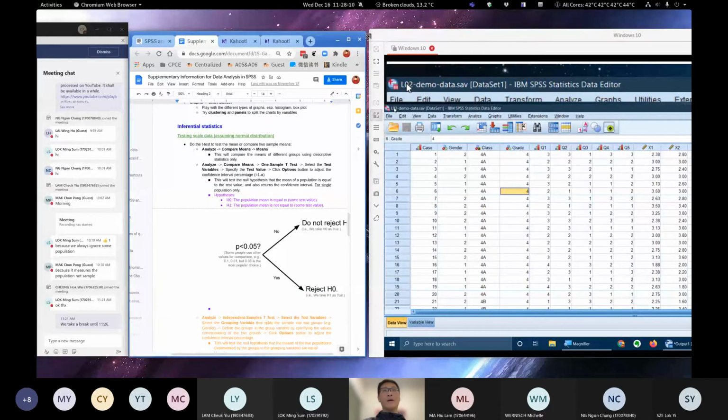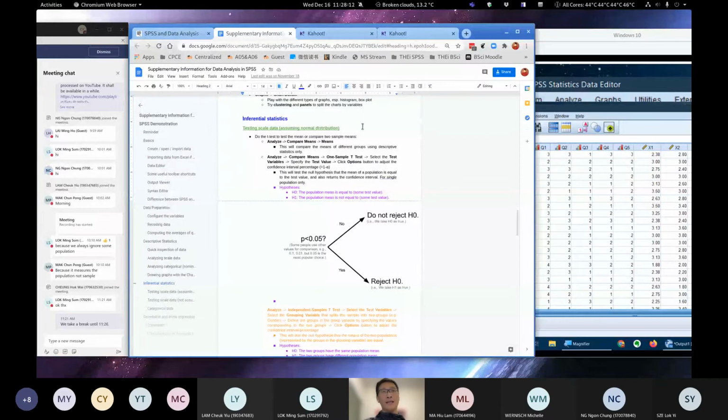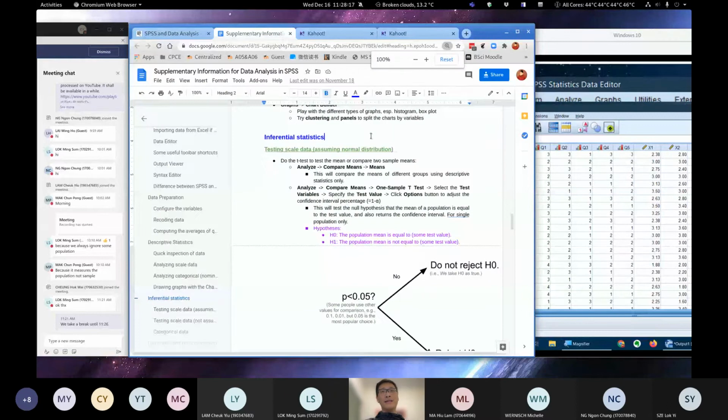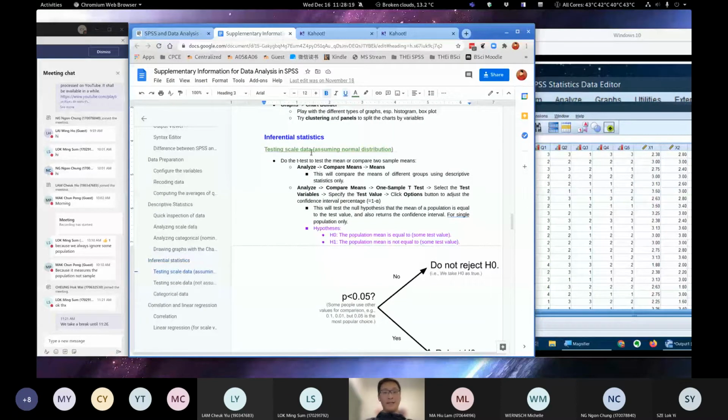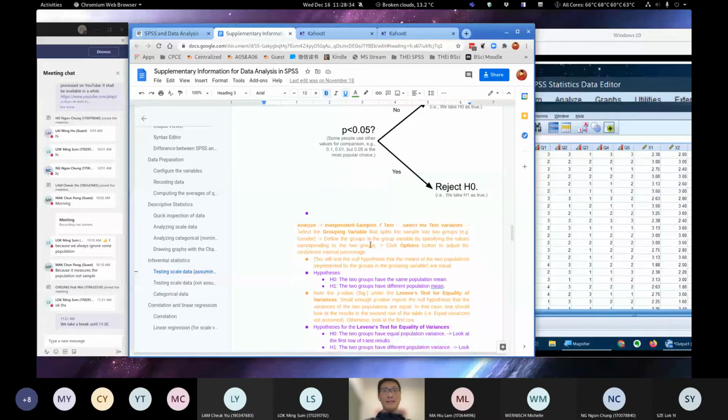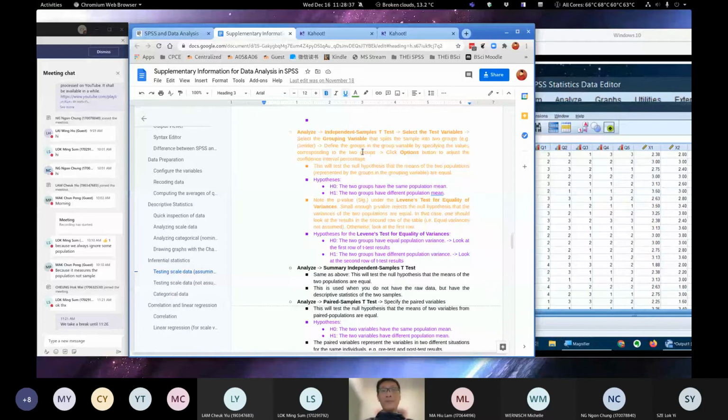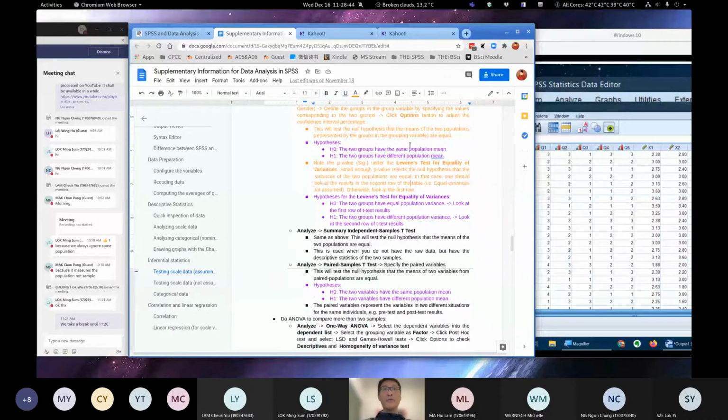And in the future, when you are doing your own statistical analysis, you can also refer to this document, because in this document, you see that I have already categorized the different types of hypothesis tests. Like if you are doing scale level data and you are assuming normal distribution, then you can do the test listed here. And I have already put down the detailed steps along with the type of hypothesis in each case and how to